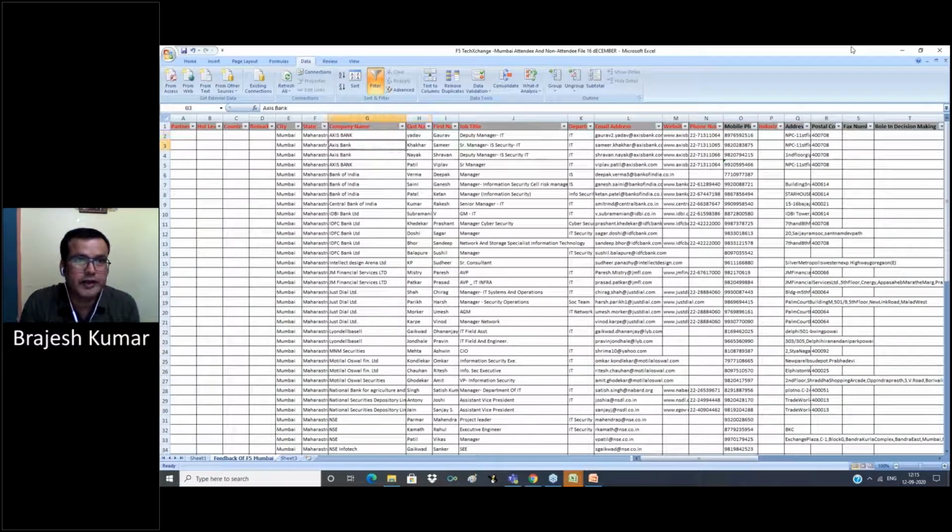Now suppose Axis Bank, Samir and Shravan, both names start with S, because we use first name and company name to sort our data. They come together in the same company. Bank of India, no duplicate. IDFC.